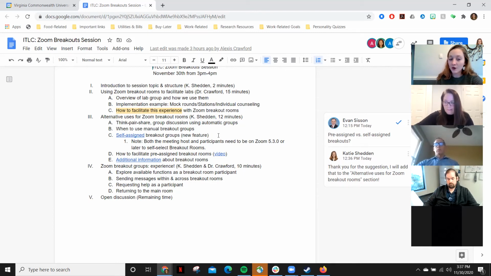You can also create a self-assigned atmosphere by assigning co-hosts, like Alexis mentioned. If you only want maybe 3 or 4 participants to be able to self-assign, then co-hosts have the ability to move themselves between rooms. And I also just wanted to quickly mention, I see there's a chat and I'll check that in a second,